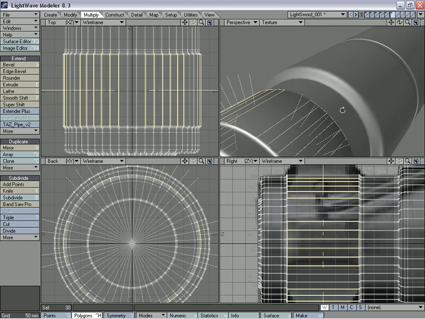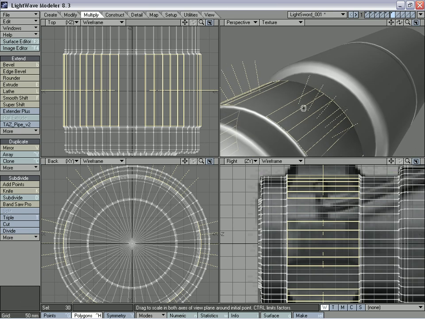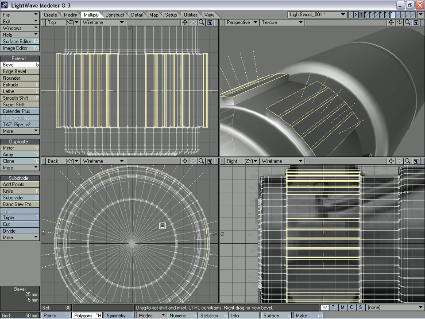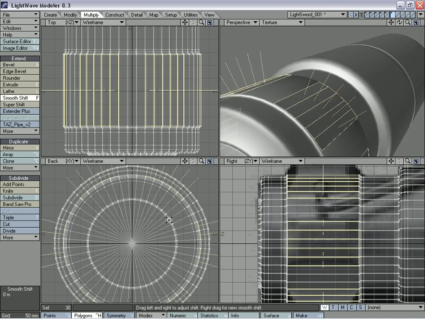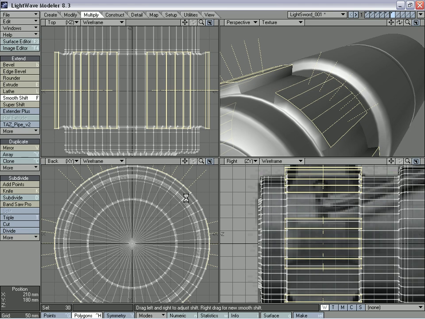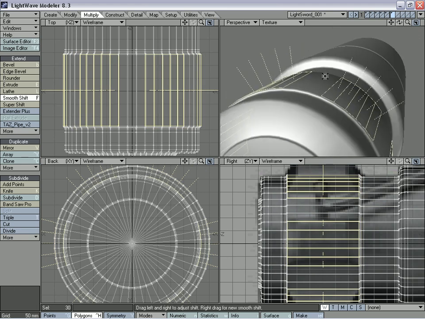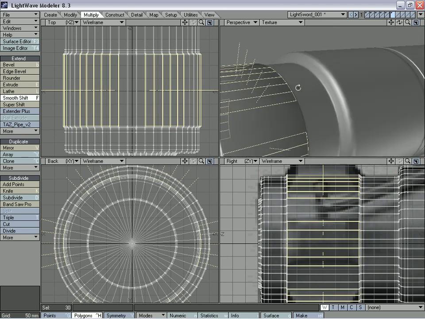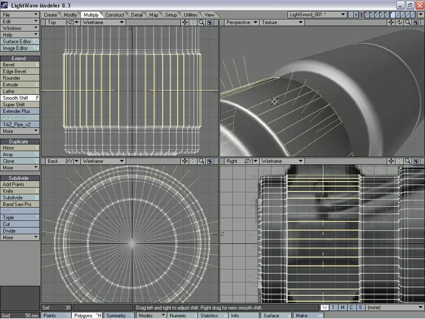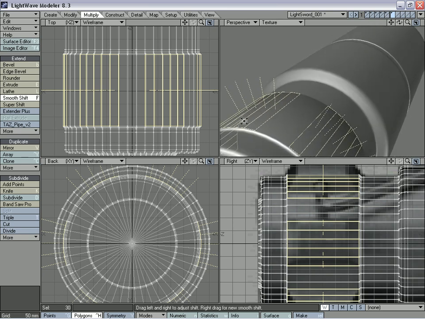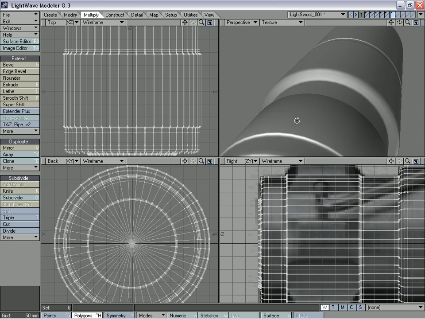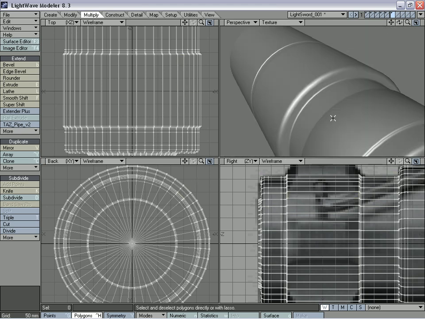But in order to bevel, we need to have one polygon per section, because if we were to bevel it right now, as you can see, it would bevel each polygon individually. And if we use smooth shift, we don't get an inset. And it's going to be kind of difficult to go around and change each section. So we can go ahead and change this to one polygon for each section, or there's also one more thing we can do, and that is deselect our polygons and make sure we select the top 5,